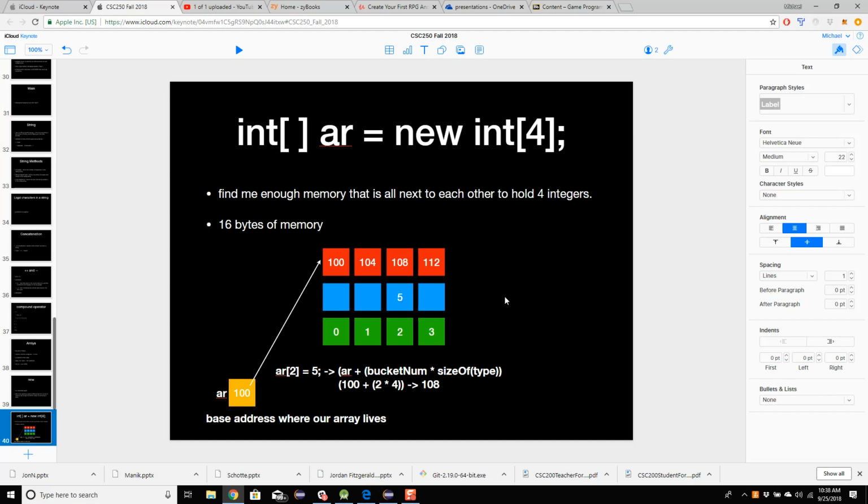Go ahead. Can you just explain again what those 100s are? I don't understand what those are. This new keyword is going to return a,